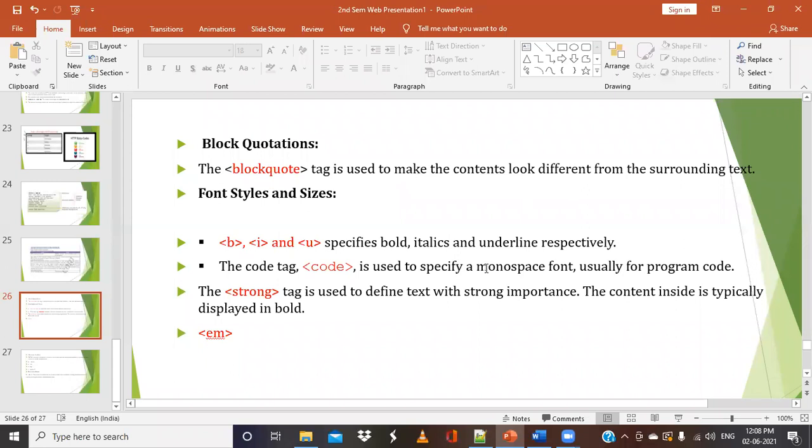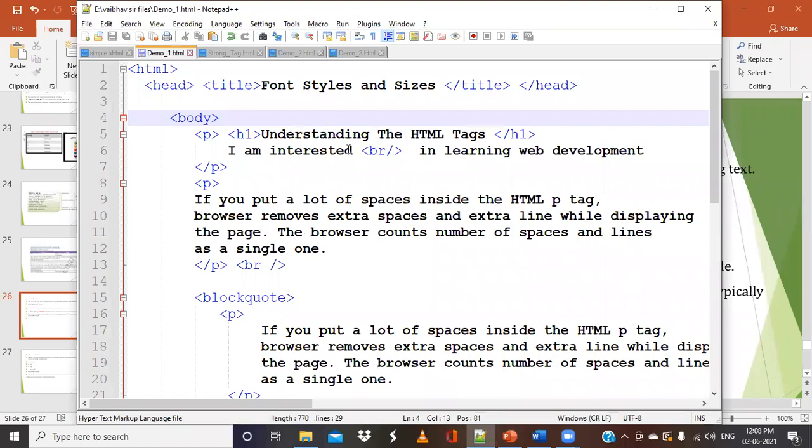So basically the block quote can be used with paragraphs. For example, I will use this simple file. I have created an HTML starting tag, and then a head tag and the body tag. Here I use a paragraph, a simple paragraph that explains the HTML paragraph and other details. Like this, you can have any paragraphs. And after this, I use the BR tag. Why do we use the BR tag? What is the purpose of the BR tag?